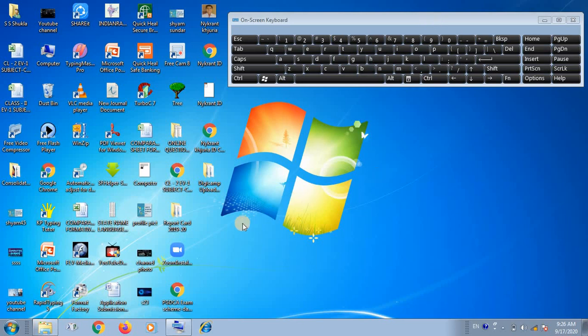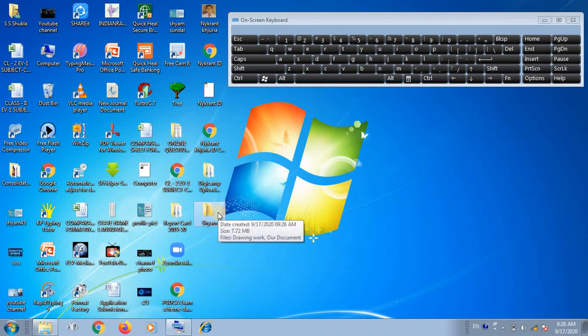Okay, and come to the paste option. Again use the Control and V keys, both keys you have to press at once. First hold the Control key, then press the V key on the keyboard.